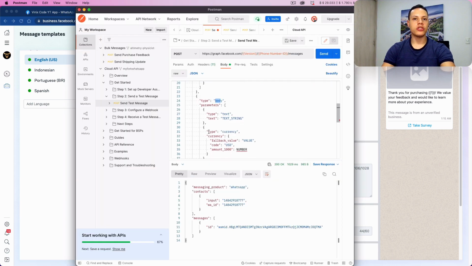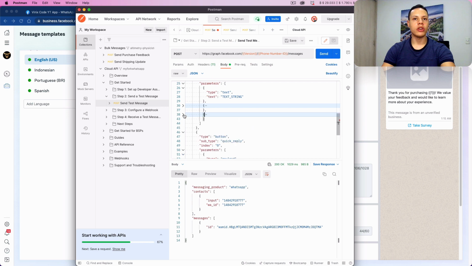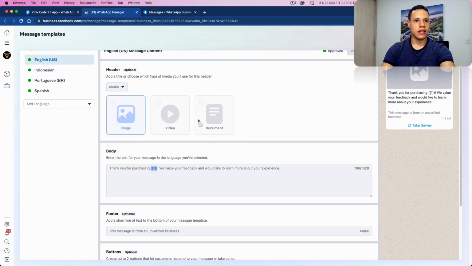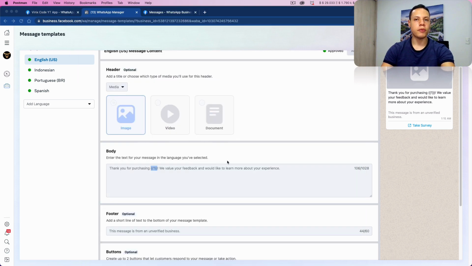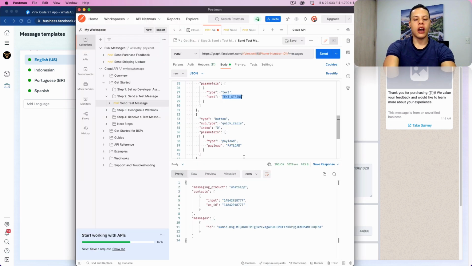And in this case, you see that there are different types of parameters. We can use currency, we can use date, time. In my case, I'm only going to use the text type. So I'm going to put something like, "Thank you for purchasing our winter collection," or whatever, it doesn't